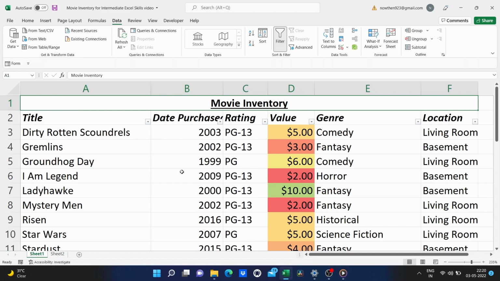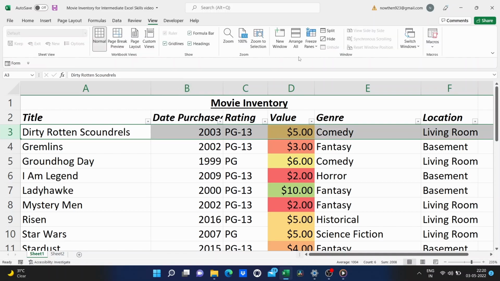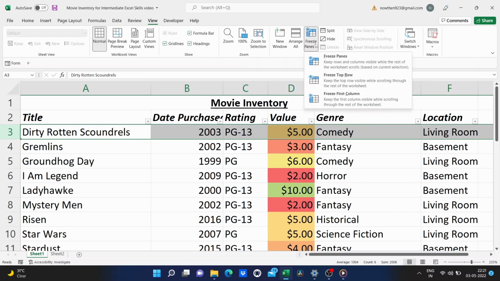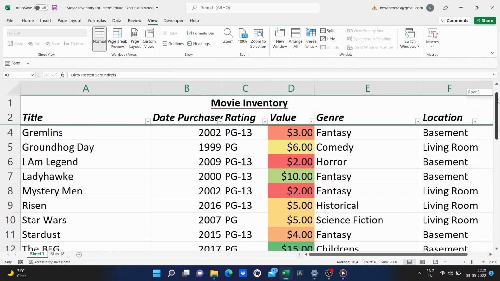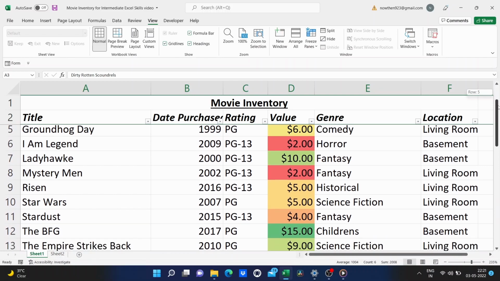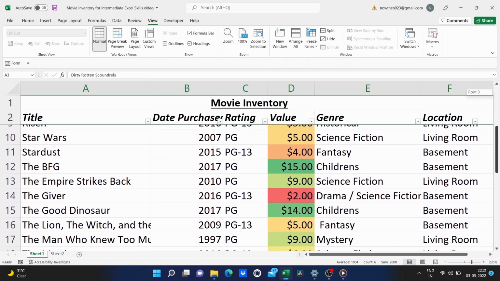What you do with freeze panes is you click underneath the row that you would like to freeze. So I'm going to click on 3 because that's underneath my column titles. Then I'm going to go to the View tab, the View ribbon, and notice there's an option in the Window group called Freeze Panes. And watch what happens when I click Freeze Panes, okay? It first pops up with 3 options, and I'm just going to click Freeze Panes. So now as I browse down the page, as I enter more records, look what happens. Those first 2 rows stay visible to me, and that's because I froze everything above row 3. So that's where I'm going to stop.